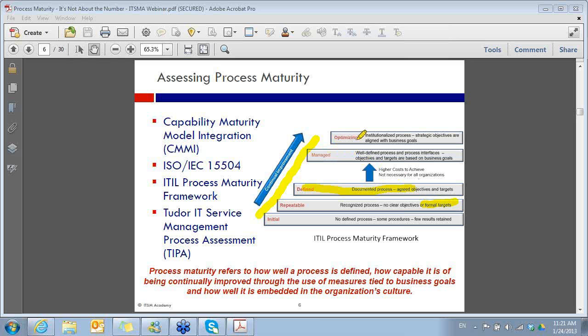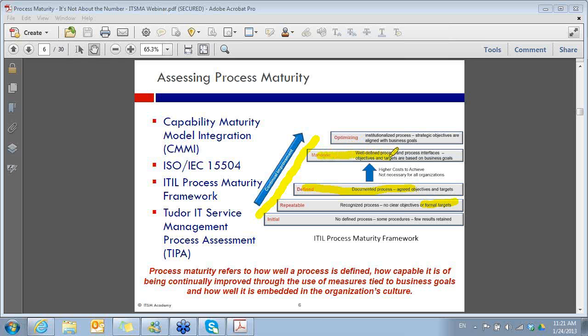So one of the things we'll talk about more as we go along is understanding when your processes are good enough given the needs of your organization, given the goals of your organization. Or maybe when you've got some processes that are good enough and you need to turn your attention to some other process that's a little bit immature and that needs to kind of rise up and meet your other processes.